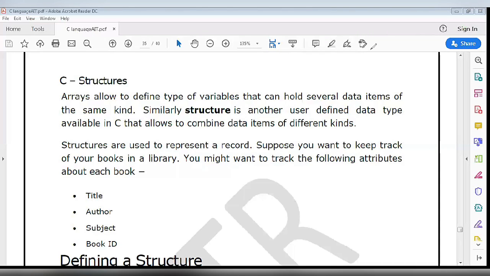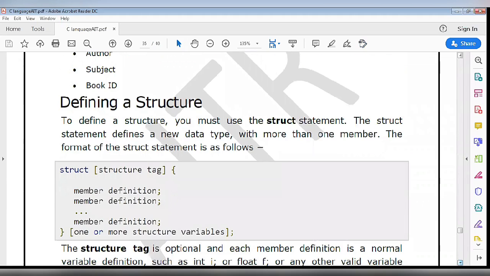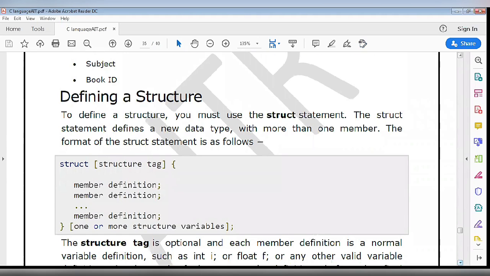From these elements, we can understand title will be of character type, author will be character, and the subject will be character. But the book ID, the number of pages and the price of the book will be integer. So how will we handle this? For that we need a structure.